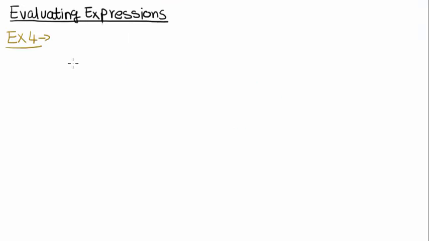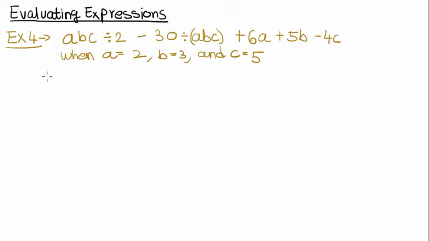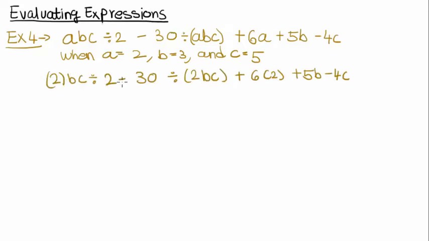In this fourth example, let's say I have the following variable expression, and I want to evaluate this variable expression for when a is equal to 2, b is equal to 3, and c is equal to 5. Now, let's first replace the variable a, and then we will move on from there. When we replace the variable a with the number 2, we get the following variable expression. Next,